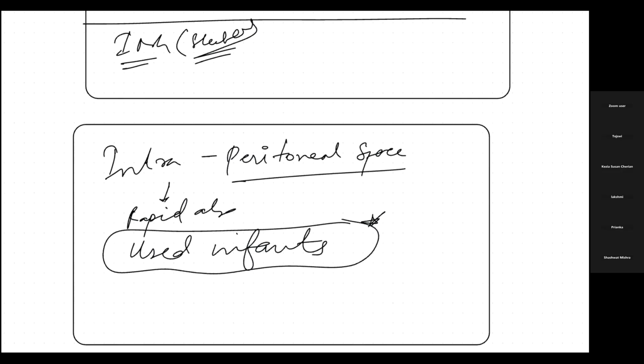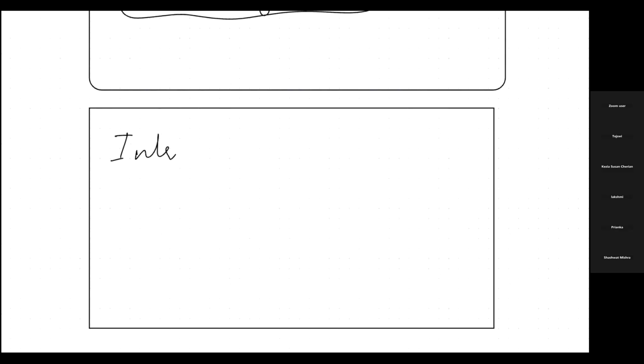The demerit is of course it's painful, and risk of infection is there. Aseptic conditions are required for it. Now another type is intrathecal. What is this? Intrathecal is where the drug is administered into